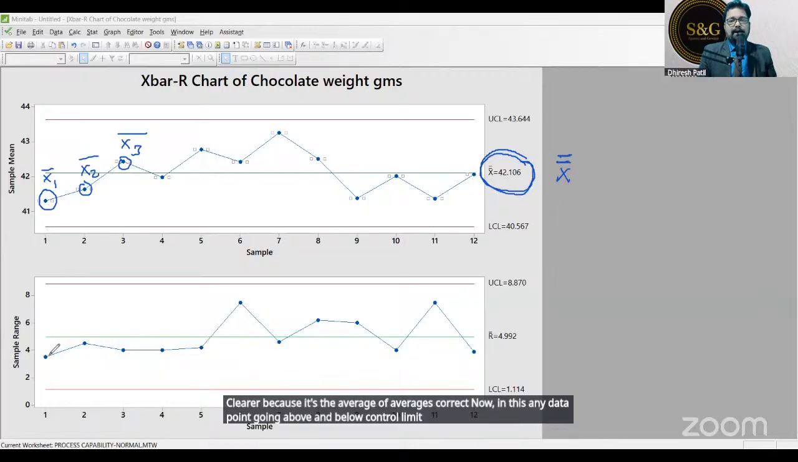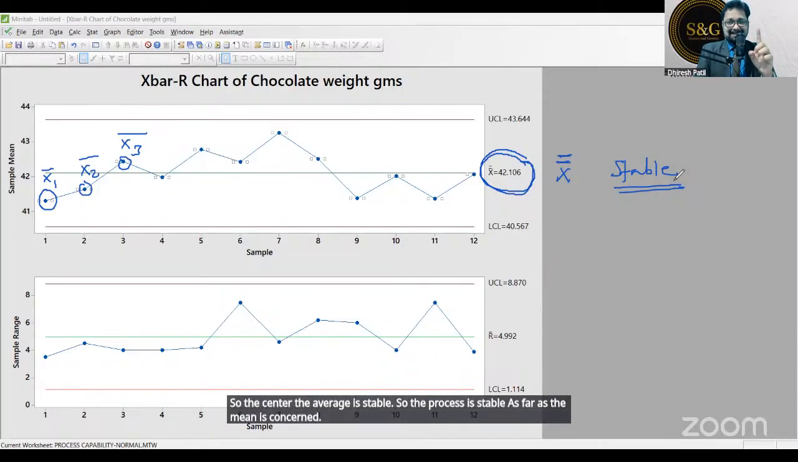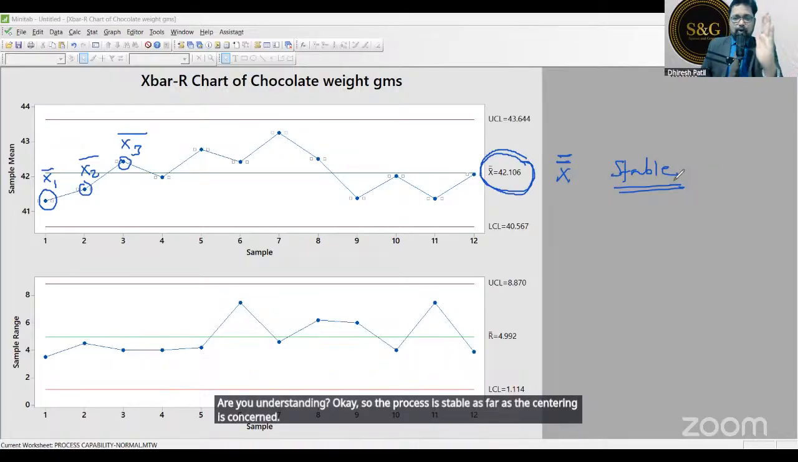Any data point going above and below control limit? No. So the center, the average is stable. So the process is stable as far as the mean is concerned. Are you understanding? Okay, so the process is stable as far as the centering is concerned. Okay. Now coming back to